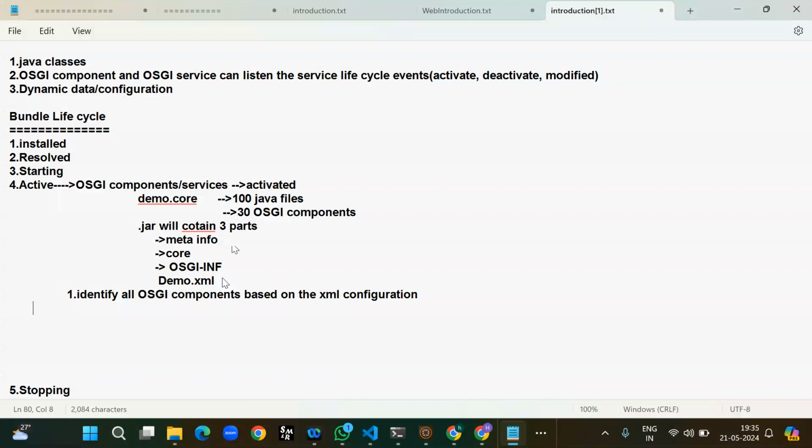And the second point, what it will do: create the objects for all the OSGI components. And the third thing it will do,